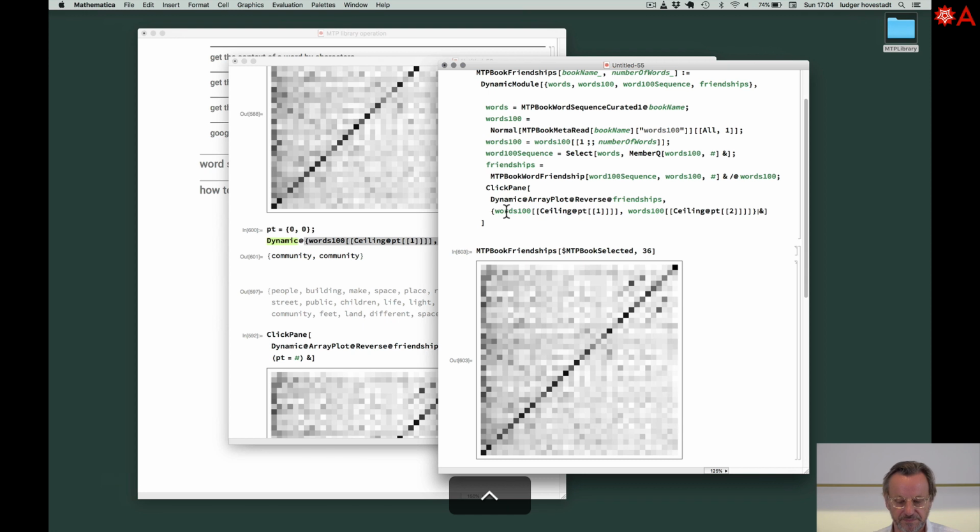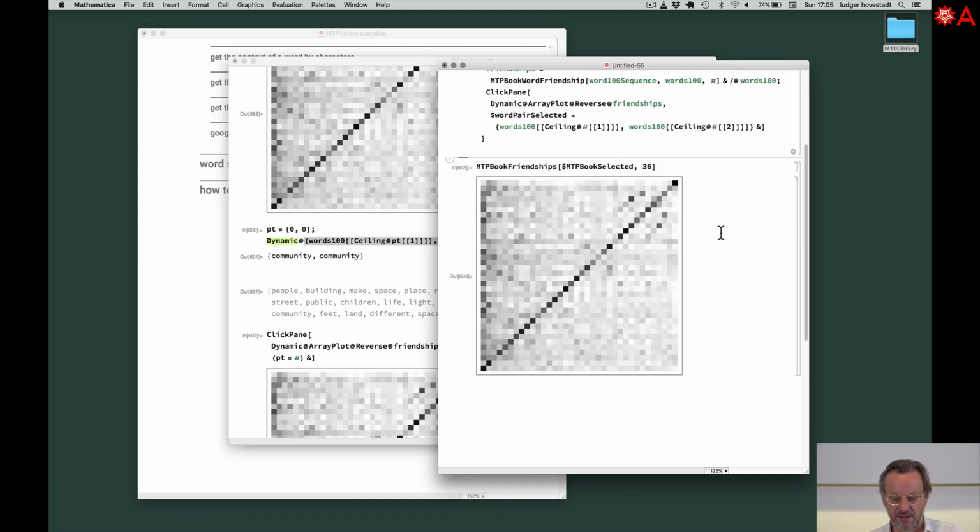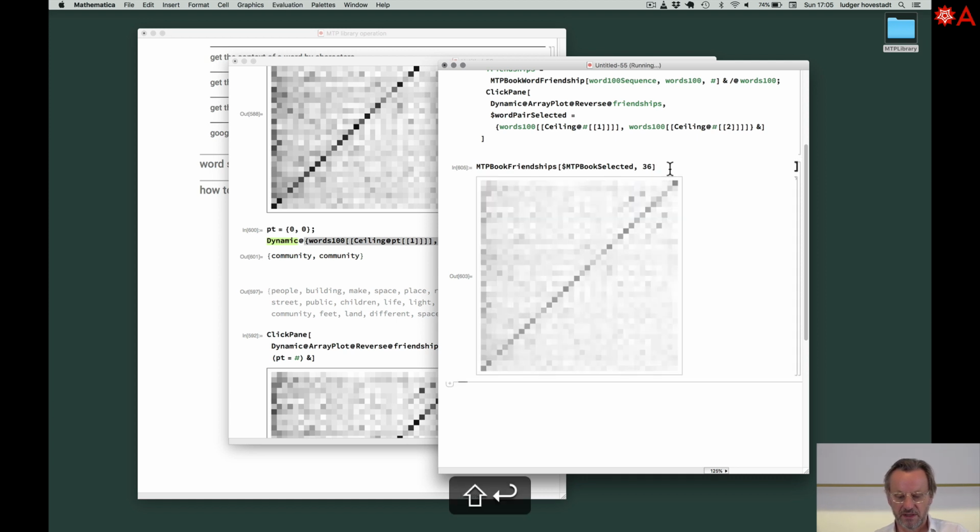So we have dynamic array plot, friendships, and we say word pair selected is, and we put this $ sign here because it's a global variable, and this is point, and the point 1 comes from the mouse. Pure function on this list. That's it. Now if we start this,